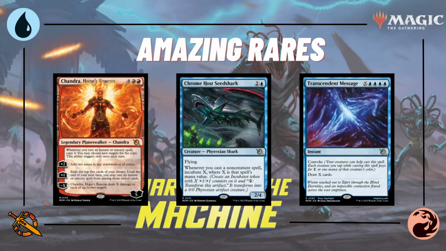And one such spell that you may want to cast in the most dedicated of Convoke decks is Transcendent Message. This is X blue, blue, blue, blue for an instant with Convoke, and you draw X cards. This is not the type of card that you can just put into any blue-red deck. However, if you've got a really strong, consistent Convoke deck that can get multiple creatures out, Transcendent Message may be